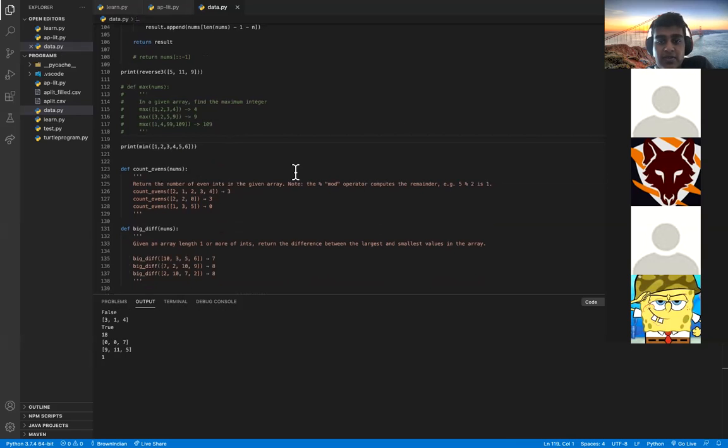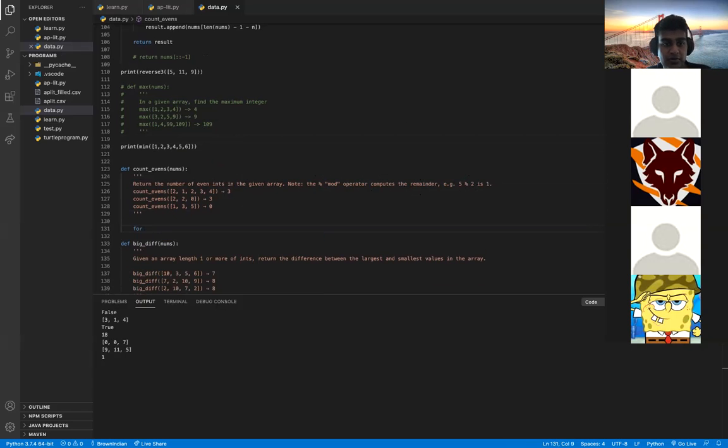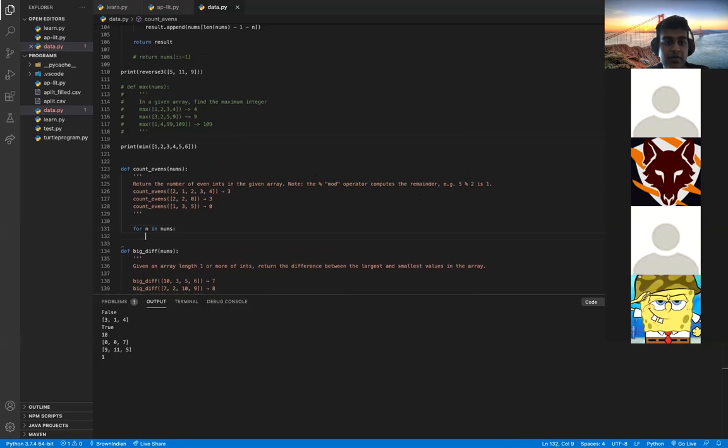Now count evens. So basically return the number of even integers in a given array. Note that the modular operator computes the remainder. So 5 modulo 2 is 1. This is actually pretty simple. All we have to do is create a for loop that iterates through the numbers list. So we say for n in nums. Now for every number within the nums list, we check if n modulo 2, which means is n divisible by 2, and if it is,